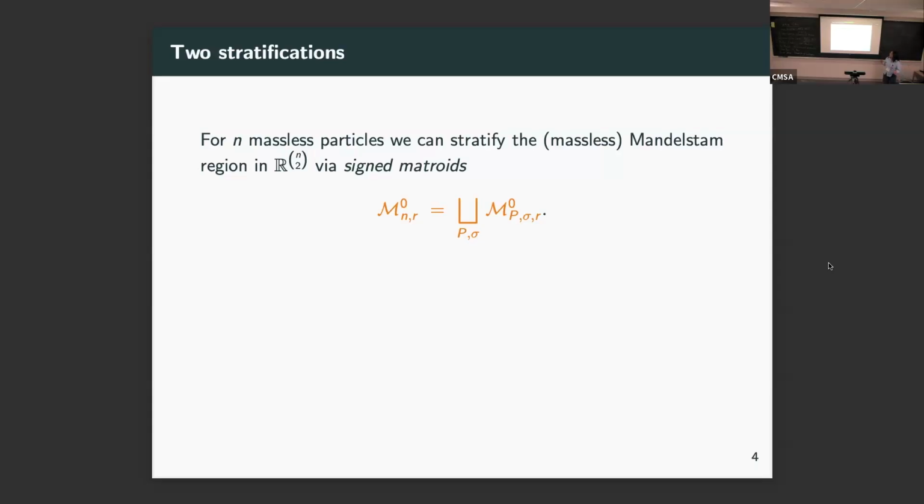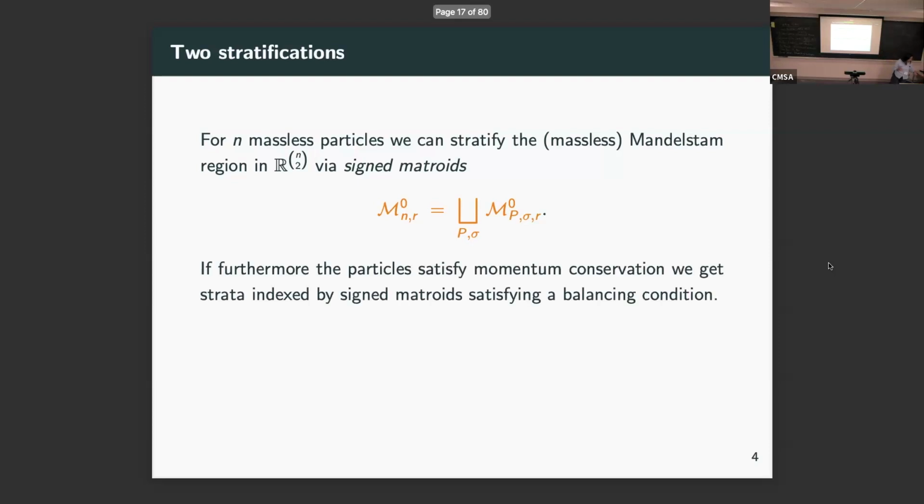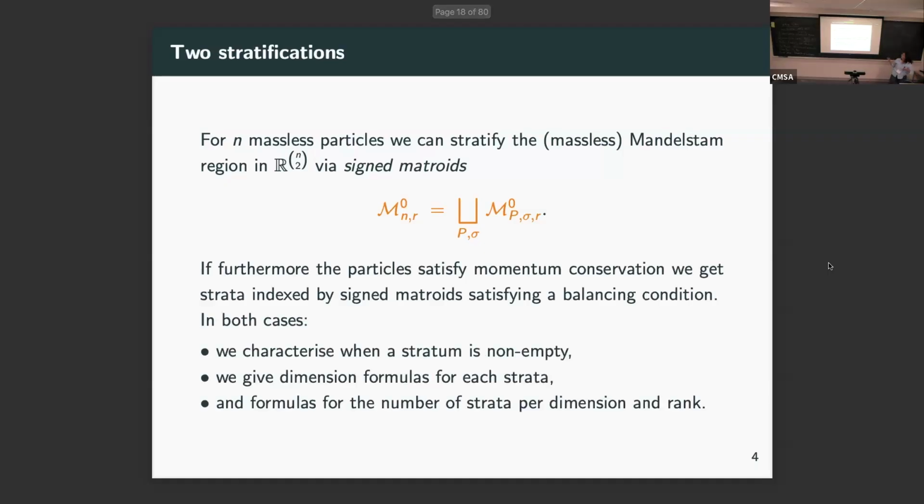And then this gives us a very nice stratification and also a nice poset structure to understand our set. If furthermore the particles satisfy momentum conservation, we can get strata which are indexed by sign matroids which satisfy a balancing condition. And basically the whole point of our project is that we characterize when these strata are non-empty, we give dimension formulas for each of the strata, and we also give some counting formulas for the number of strata